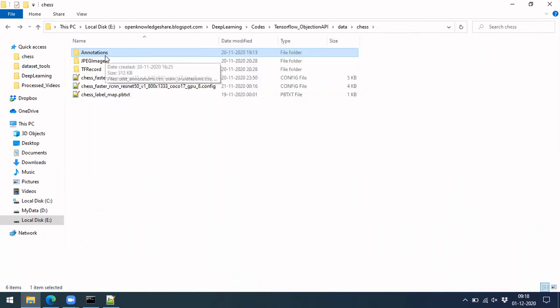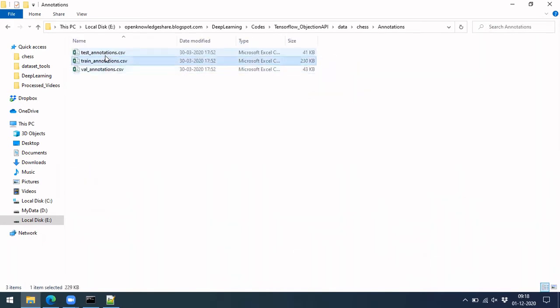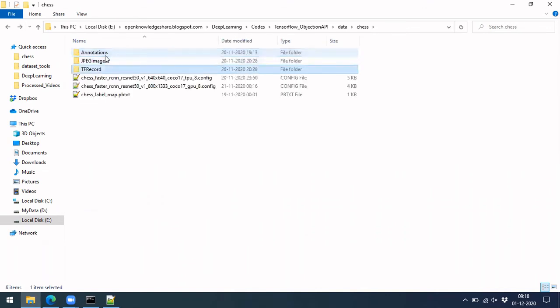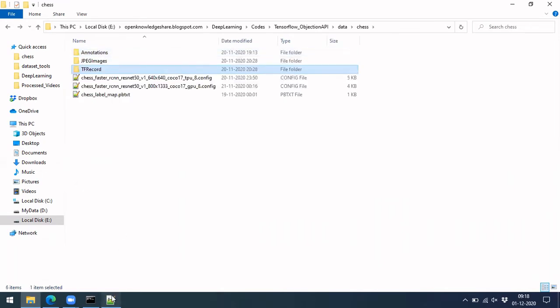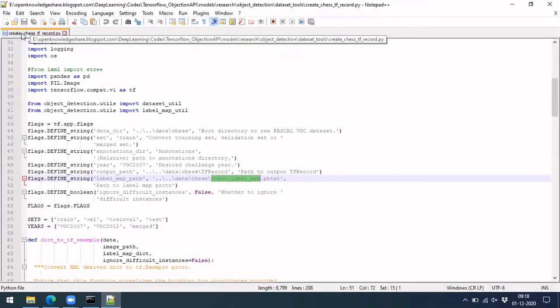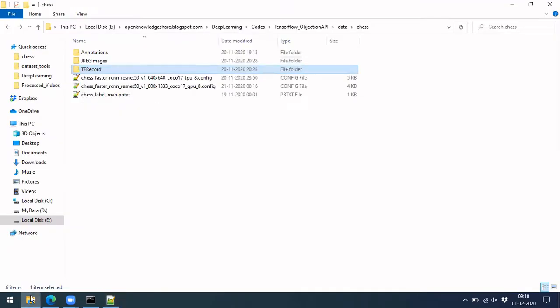And then annotations in the format which I've shown, as CSVs in this folder. Now it will create a TF record by running the script we have shown here, right? So running this script here will generate this TF record here.